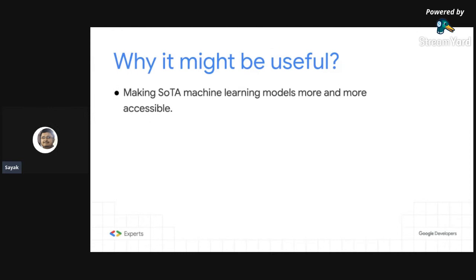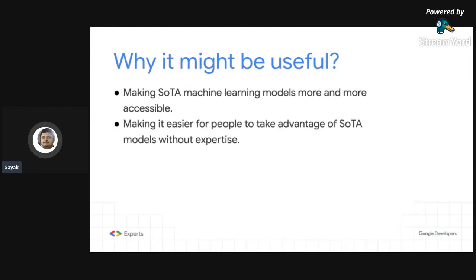So one of the primary reasons of putting together a system like TensorFlow Hub is to enable machine learning developers across the world to take advantage of the state-of-the-art machine learning models by making them more and more accessible to them. And TensorFlow Hub's primary focus is usability.